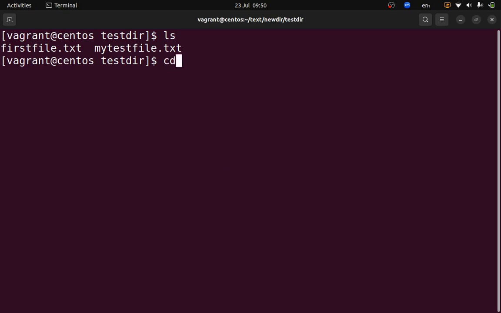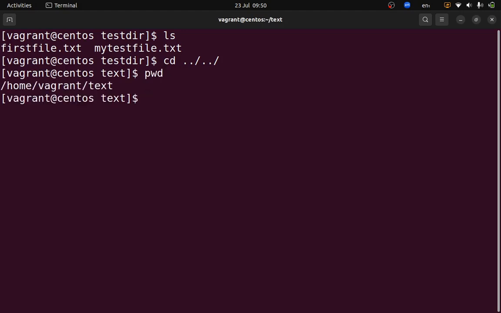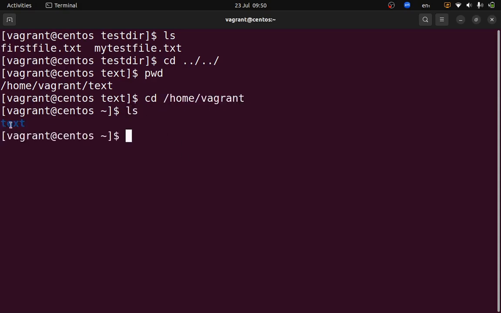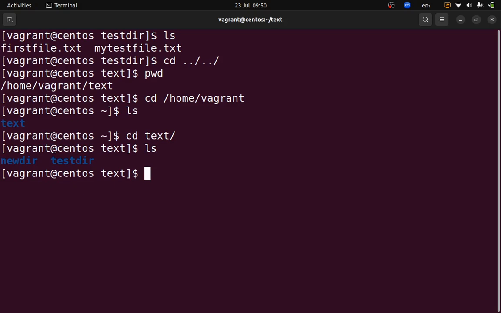So what you can also do is, if you're doing cd, you don't necessarily have to go back and then go back. You could just specify the path straight away. So if we do pwd, I could, if I wanted to, specify the whole path and just do vagrant. So if I was quite deep into certain folders, I could just specify the path that I want to go back to without having to go back individually. So we've got test. Let's go into test. Okay, so let's say instead of copying, we wanted to move